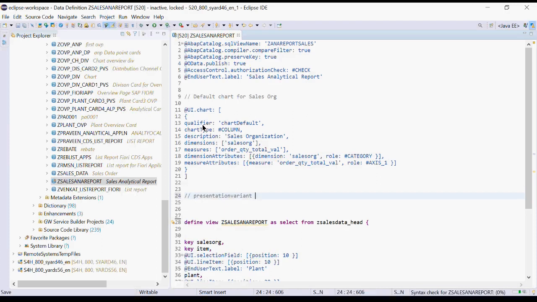There is something called a presentation variant that you have to use. So guys, why is presentation variant important? If you create a chart, it will just create a control, but the way it should be presented in your UI, the way it should be presented, I mean,